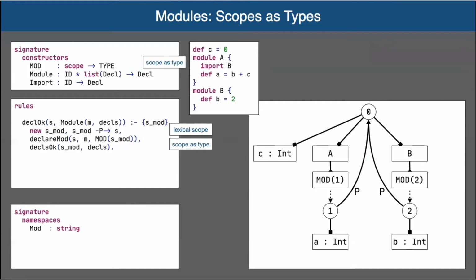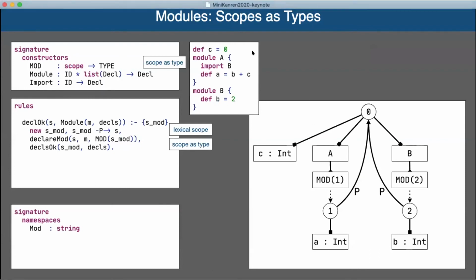Non-lexical bindings are things like modules, where we find references in sibling scopes, as we'll see here. So here we see, so this language has modules, named modules, and you can import modules into other modules, and it means